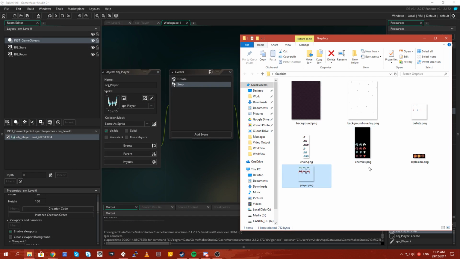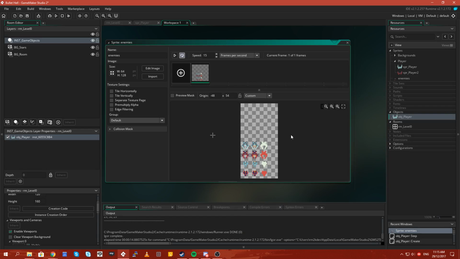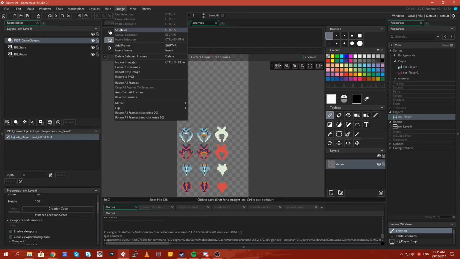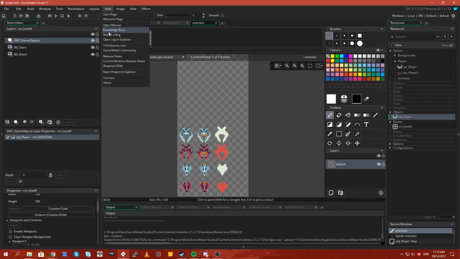We have a bunch of graphics here. We have a bunch of bullets and a bunch of enemies. So let's drag these in. There they are. We'll go ahead and just middle center that. It doesn't matter. Let's edit the frames, and we need to splice these up like we did the players.